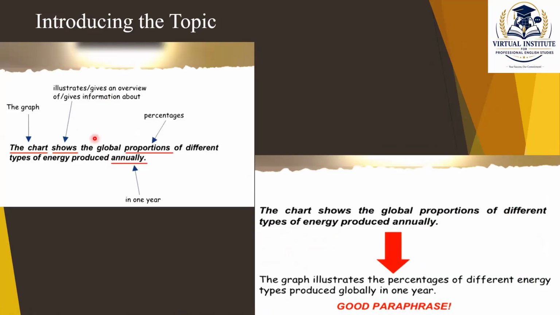Okay. Now look here. The chart. So instead of the chart, you can say the graph. Shows. So instead of the word shows, you can also use the word illustrates, gives an overview of, gives information about. You did a good job here when you said proportion, so you said percentages. Very good, right? Produced annually, in one year, or per year, both of them are correct. Okay. So now